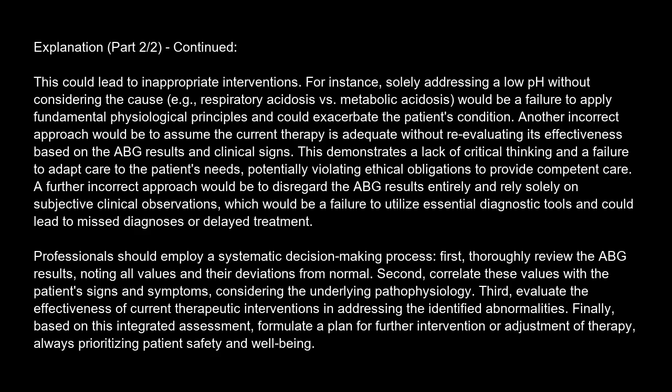Professionals should employ a systematic decision-making process. First, thoroughly review the ABG results, noting all values and their deviations from normal. Second, correlate these values with the patient's signs and symptoms, considering the underlying pathophysiology. Third, evaluate the effectiveness of current therapeutic interventions in addressing the identified abnormalities. Finally, based on this integrated assessment, formulate a plan for further intervention or adjustment of therapy, always prioritizing patient safety